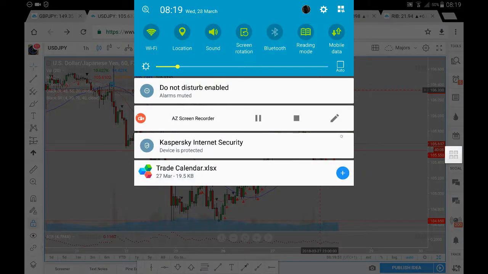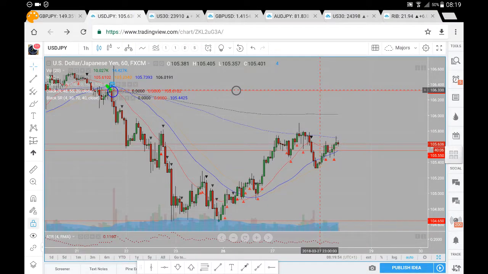So we've had this strong sell side momentum come into this market here on the US dollar Japanese yen. We've come down towards its 104.65 level previously identified, seeing this move upwards, posted a higher low, strong move to the upside, breaking above this 105.55, and from this 105.55 we trade all the way up towards slightly above this 105.80, and didn't quite get towards that 106, and we did get up towards this 200 period moving average. We weren't able to close above it, from which we did see some sell side momentum taking us back below